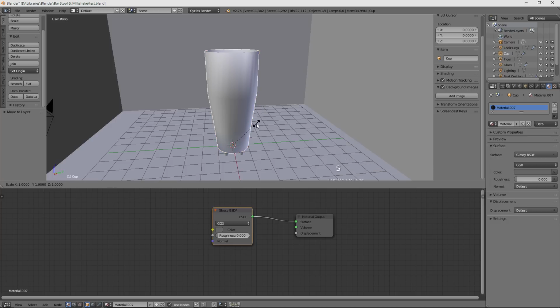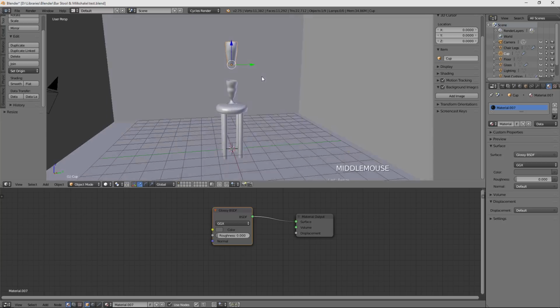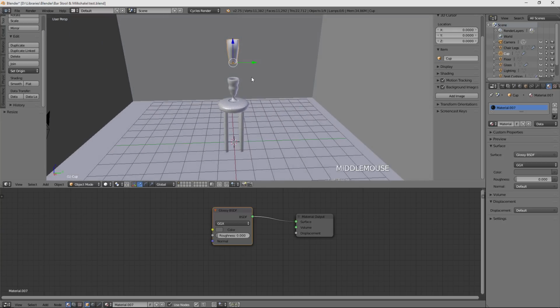I'm going to scale this down to, I don't know, 0.1 to start, and we'll go up from there. Grab it, pull it up. We're going to want that a little bit bigger, so I'm going to scale it to be about the same size as that cup. Okay, I'm going to actually grab this along the y-axis, and then I'm going to rotate it along the x-axis, like so.